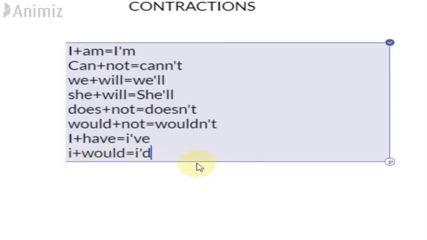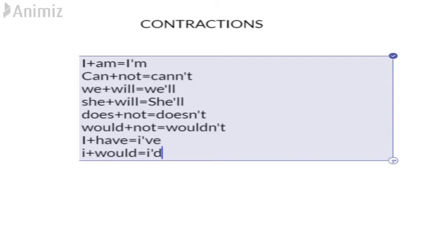So there are a lot of various contractions in grammar which you will learn as you grow up. There are a lot of other examples as well. So basically contractions are when we combine two words to make a short word out of them. So students, this is all for today. We have learned about some punctuation marks and contractions, and I hope that you have understood them, and that you're going to revise them at your home.